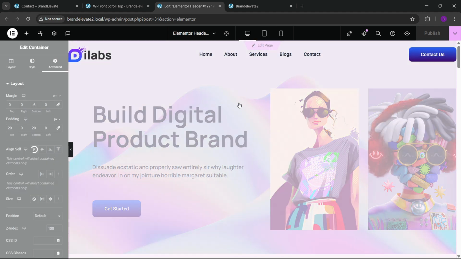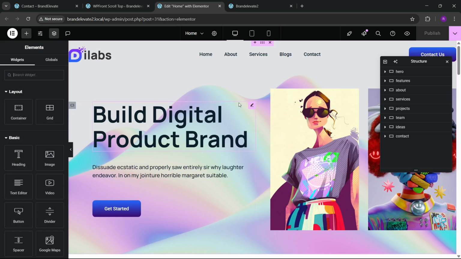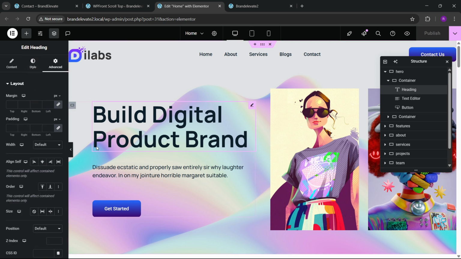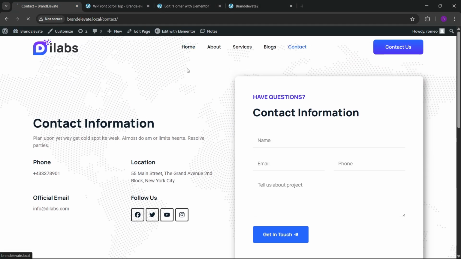So let's edit that page, and I'm going to show you the animations only in the first section, and all the animations are similar for every section. Okay, and all the images are in the video description, so you can follow along with me and have these images. Okay, so now we can have this here, and whenever you want to put an animation, just choose the element for which you want to have the animation. Okay, so now if I go to our main website, if I go to the home page,